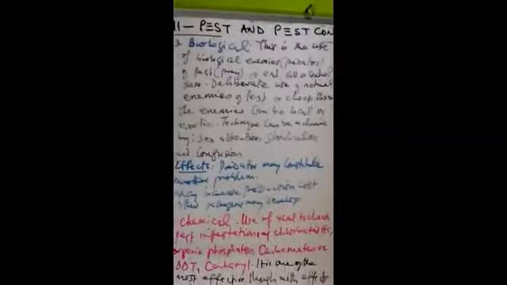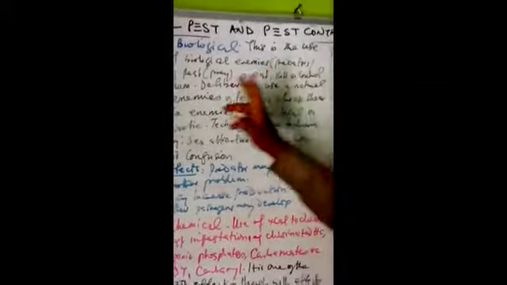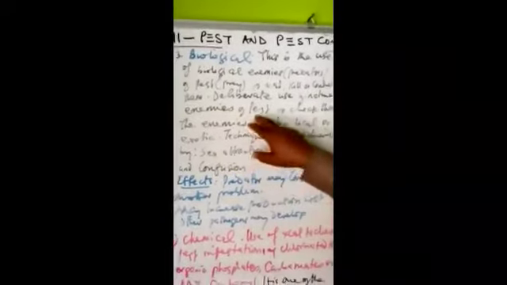That is when I go to the third method, the biological method of pest control. This is the use of natural biological enemies, otherwise predators of the pest, to eat them up or kill them or to control them. It is the deliberate use of natural enemies of the pest to check them. Checking them means to check their growth and development and reduce their population.